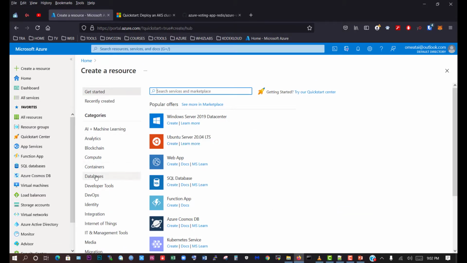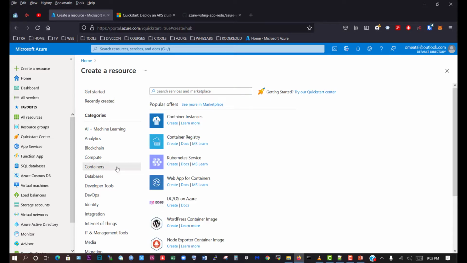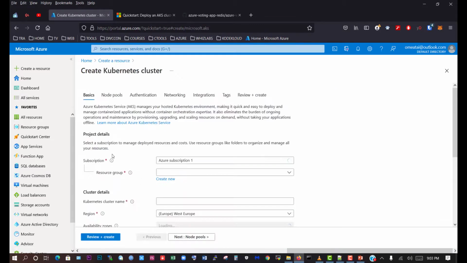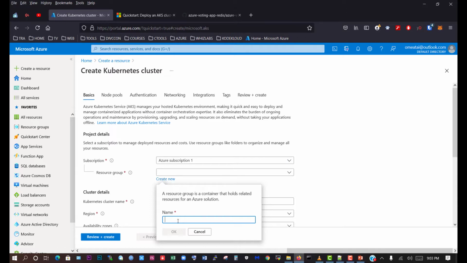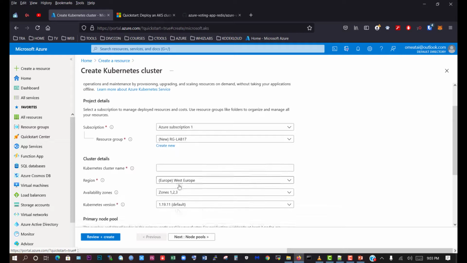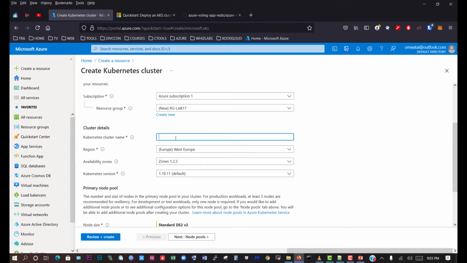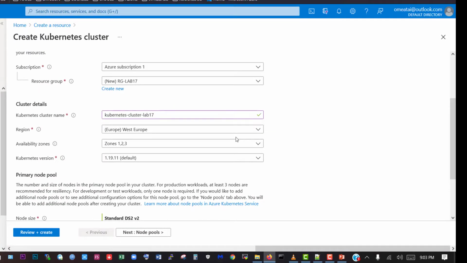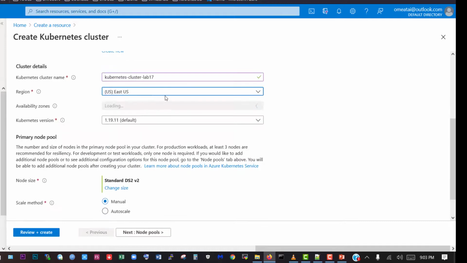And this time, from containers, we want to go to Kubernetes services. So you click on create. And we need to get our resource group, so we'll create a new one, lab 17, that's RG lab 17, and we'll create the Kubernetes cluster name, and the region is USA,